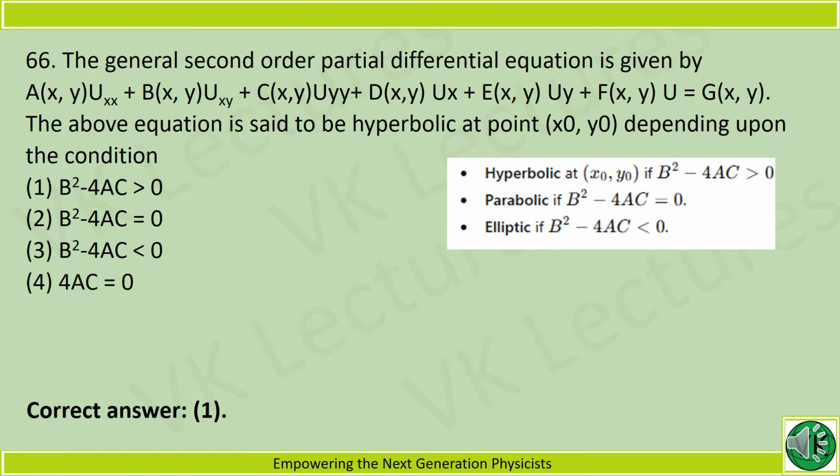The general second order partial differential equation is given by a of x comma y into uxx plus b of x comma y into uxy plus c of x comma y into uyy plus d of x comma y into ux plus e of x comma y into uy plus f of x comma y into u equal to g of x comma y. The above equation is said to be hyperbolic at a point x0 y0 depending upon the condition. Here are some conditions for